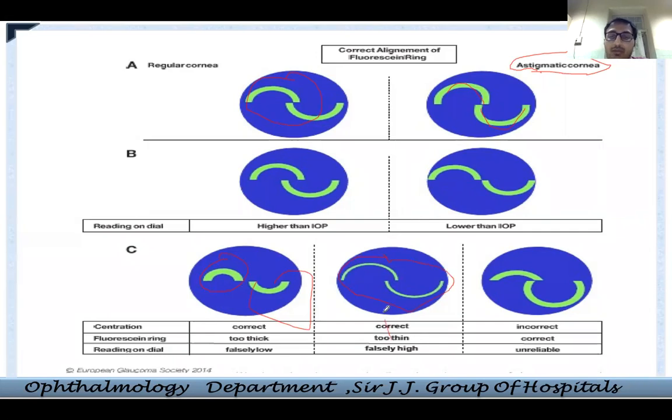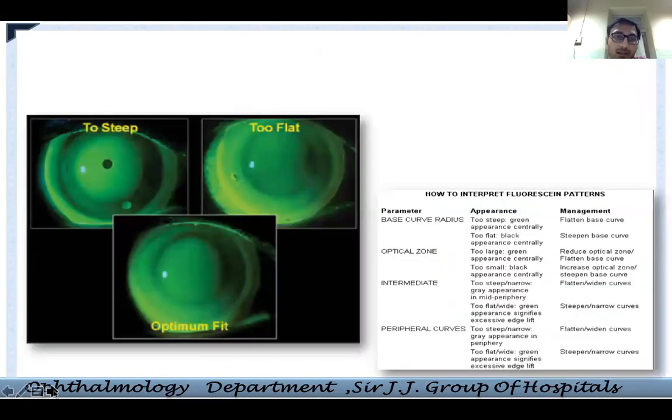What you can do in such a case is, instead of using any tear substitute or any anesthetic, you can simply use the patient's own tear film, and stain the surface with that after putting fluorescein. So you get a very good and adequate kind of mire there.